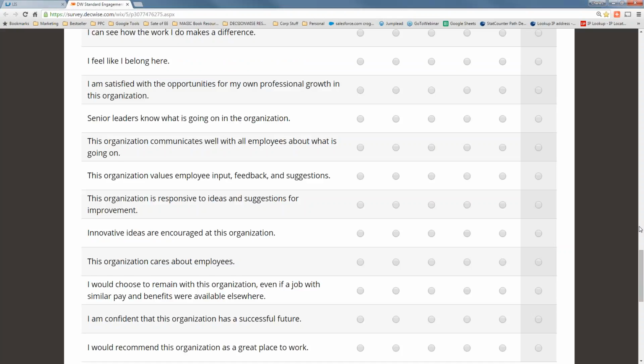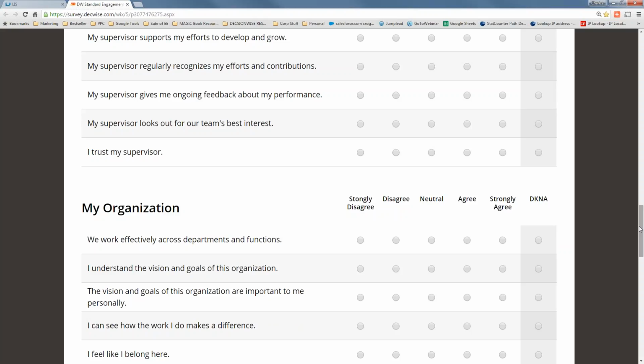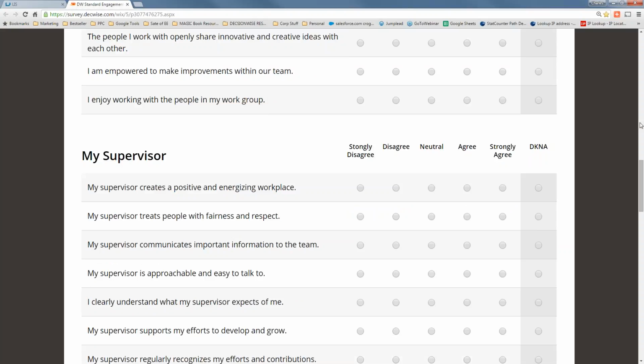Can you touch on the importance of customizing a survey? Yeah, for benchmarking purposes, you would think it might be best to just have an out-of-the-box standard survey that we ask every organization. But I found that organizations are unique, just like people, and they have different nuances, different values, and different things that they're interested in seeing. And so, again, you're communicating to employees what the expectation is. If you have a manufacturing environment, you need to ask about safety, because that definitely impacts engagement. That's one of those satisfaction components. But if everyone's in an office, you don't need to ask about safety. And so you really want to customize it to the organization